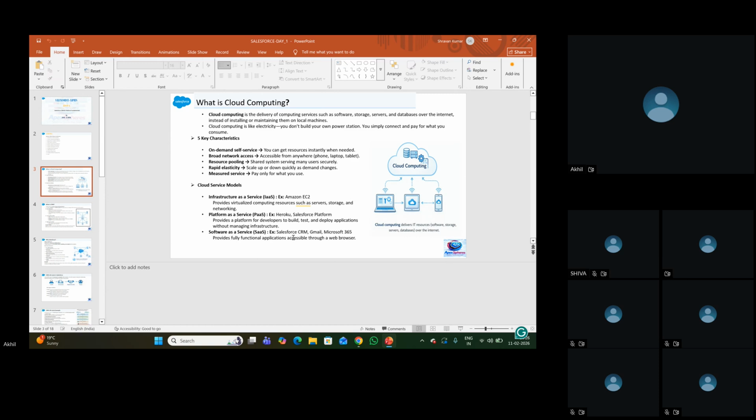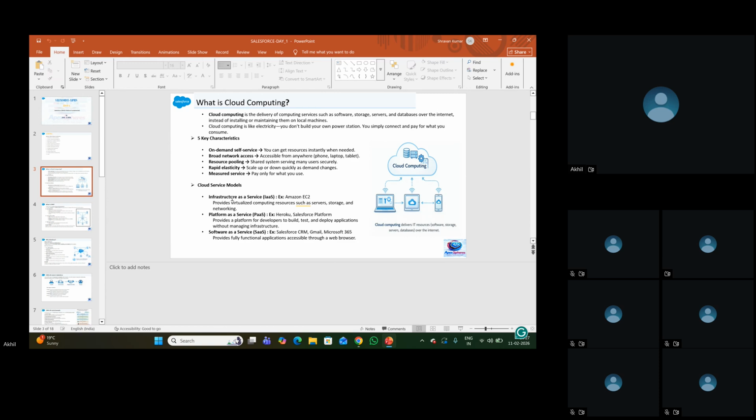Yes. So software will not work in this case. We need to use some custom platform, and that custom platform is called the Salesforce platform. With this custom platform, we can build our own applications. Let's suppose our organization is using a banking application or healthcare application. We can build any type of application, and we can automate those applications with platform as a service. So this is about platform as a service.